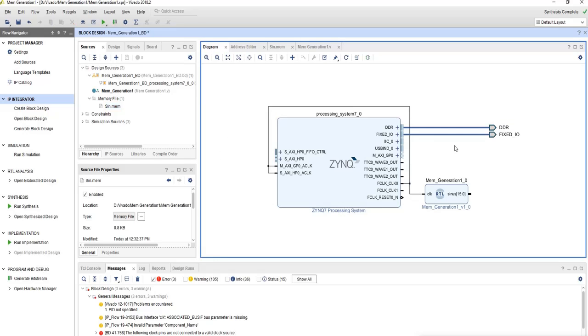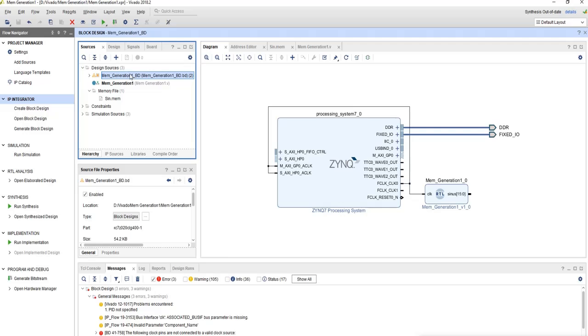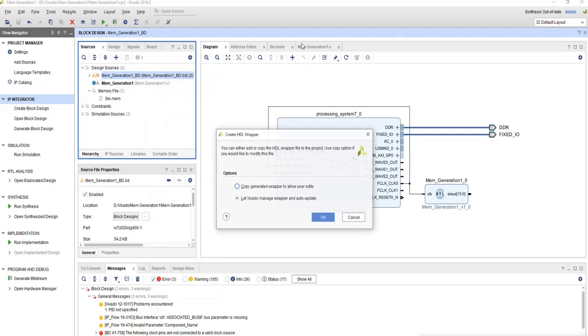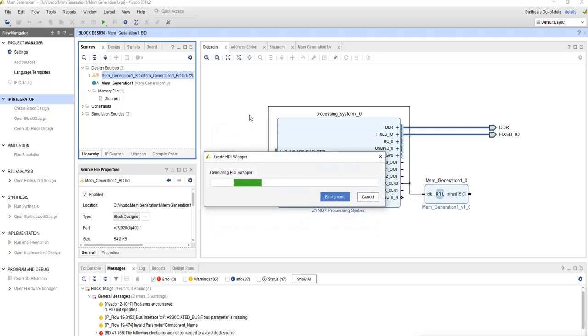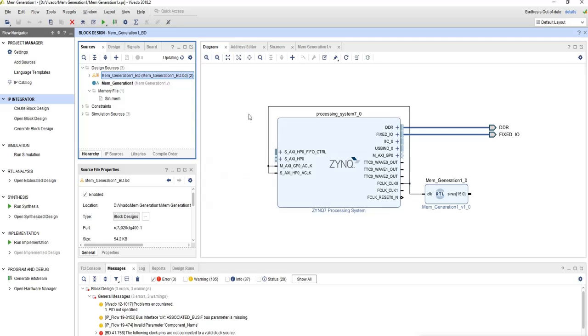Then go here, we'll save it. Then here we'll create the HDL wrapper. The wrapper has been generating.